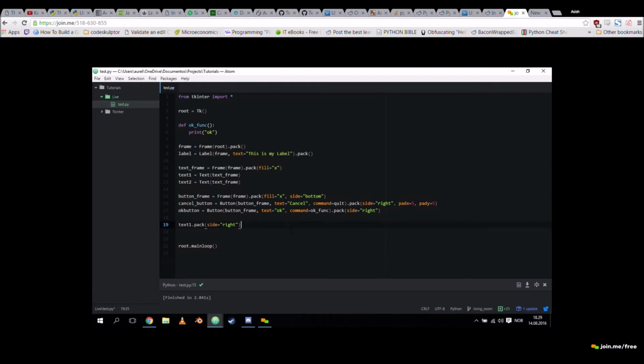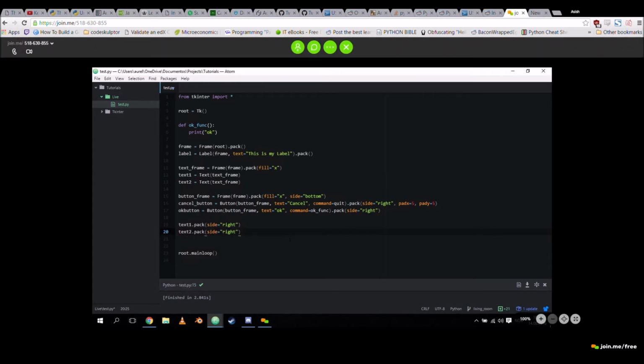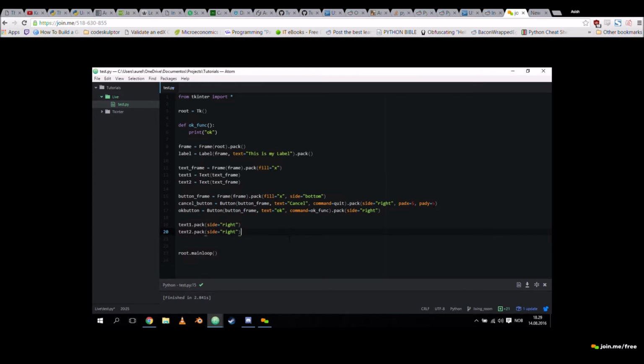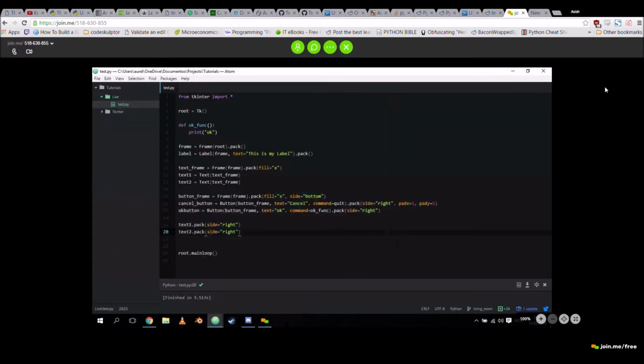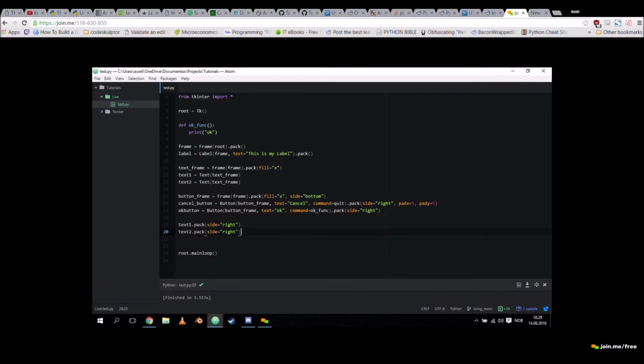Forgot I copied that. Because it's order of operations. So let's see what happens now. And then we get OK cancel. Why is that? Because we are packing like this. Let's remove this.